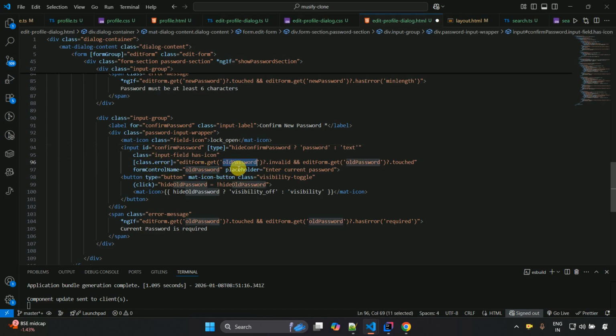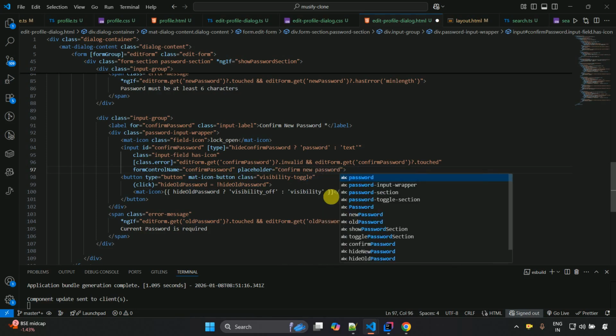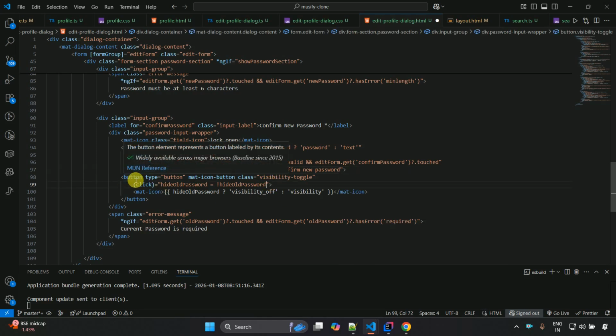Over here we have to change this to confirm password, over here also confirm password, and form control name also confirm password, and over here we have to just write confirm new password, and after that this particular button, so button will be correct. Over here we have to change this to confirm, and over here also we have to change this from old to confirm, here also,